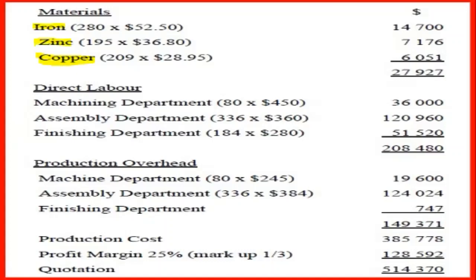And we add them up together and we get the total for material. We do the same thing with the labor for the different departments. We work them out, add them up, and we get the total. Production overhead,